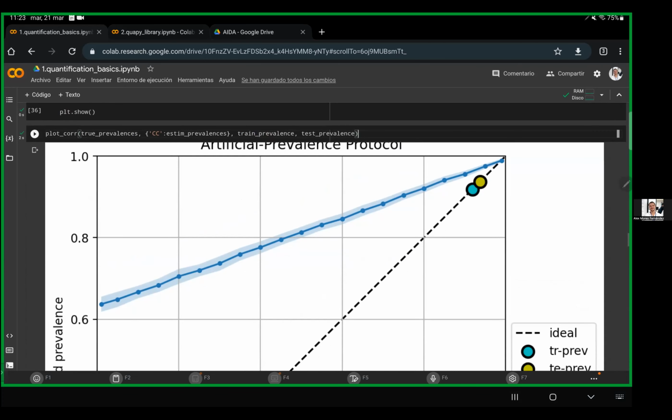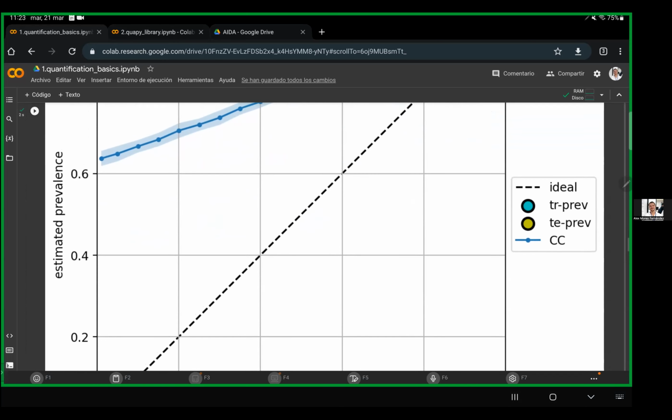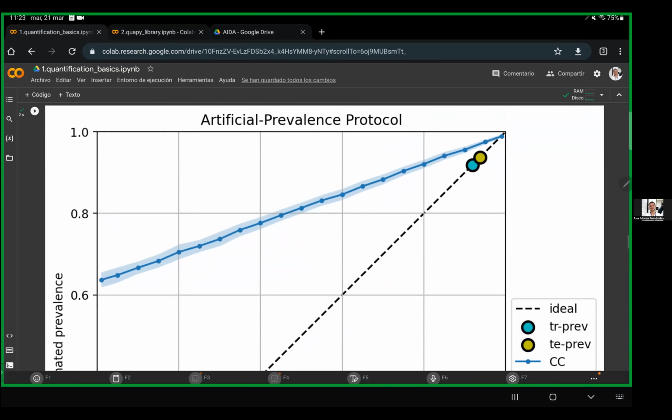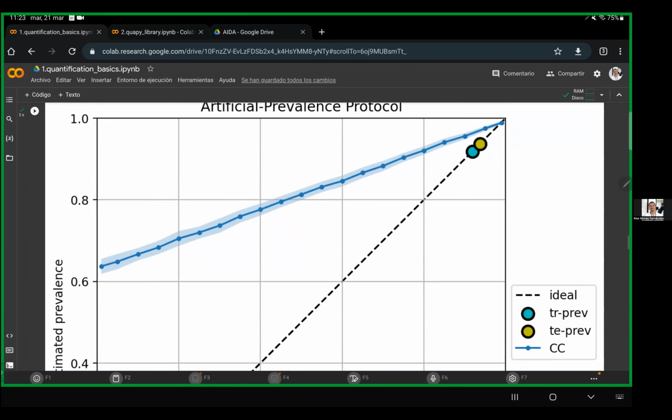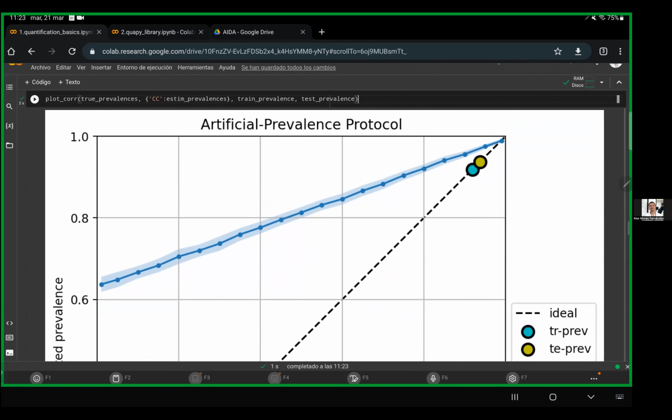Okay, this is too big. I don't want to spend time trying to reduce this. Okay, anyway, so this is the